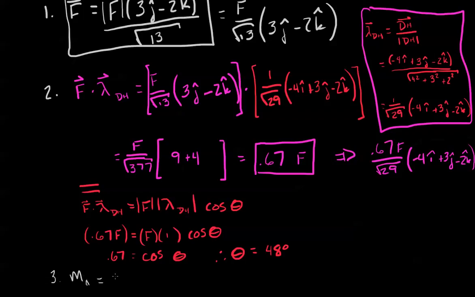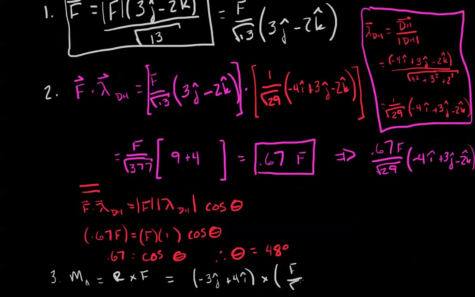Moment about A is R cross F. Now let's see, R was in direction negative 3j plus 4i. And we're going to cross that with